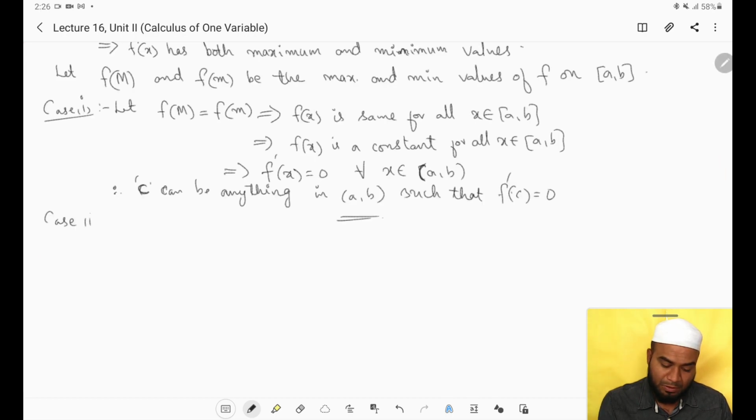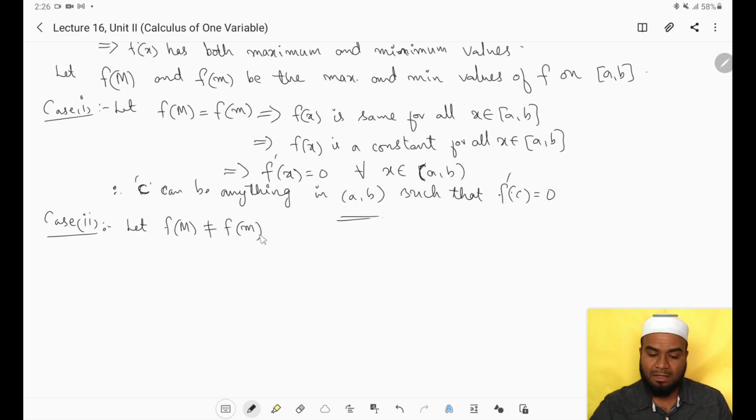Now I am considering another case. The second case I am going to consider: let f of capital M be not equal to f of small m. Then what will happen? This implies either f of capital M or f of small m is not equal to